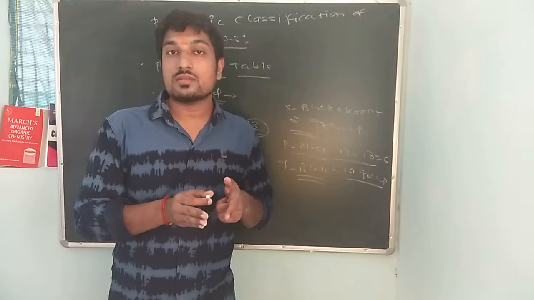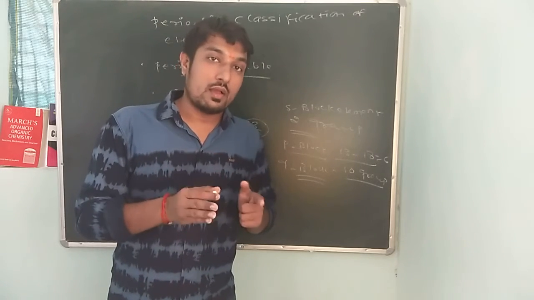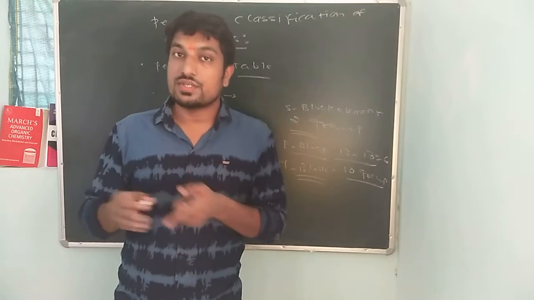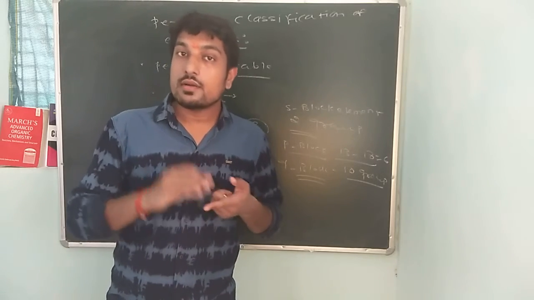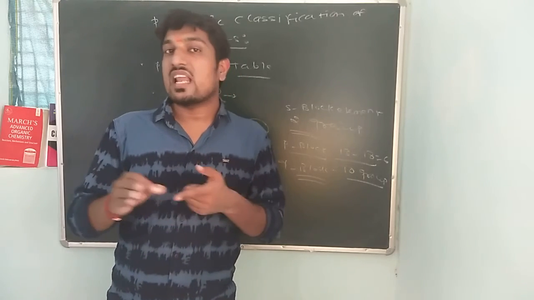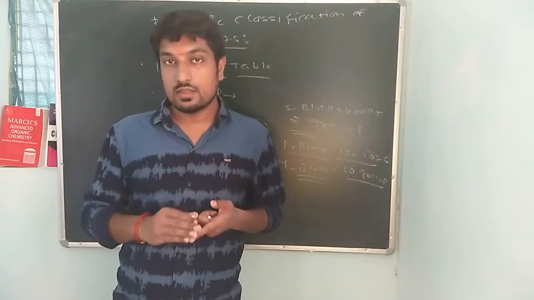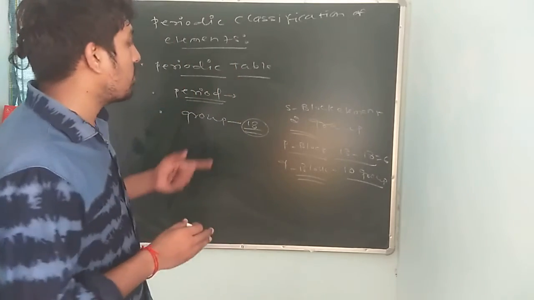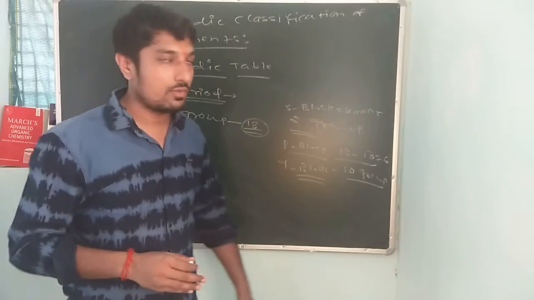But F block elements are not counted in the periods. They have another category, and the name of this category is transition elements, and inner transition elements. We also count the inner transition elements in the F block elements, and they have two periods, lanthanides and actinides. So we will study a total of 18 groups: S block has 2 groups, P block has 6 groups, and D block has 10 groups.